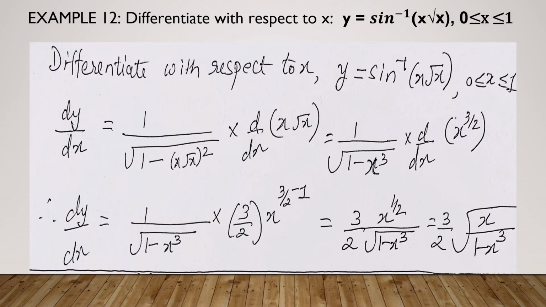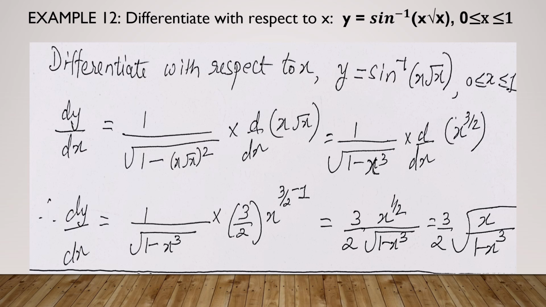Next one, differentiate with respect to x. The function is y is equal to sine inverse of x root x. X is between 0 and 1. So again over here, first the derivative of sine inverse is 1 upon root of 1 minus whatever is there in the bracket, that square. So it is 1 upon root of 1 minus (x root x) whole square into derivative of x root x. So it is 1 upon root of 1 minus x cube into d by dx of x root x means